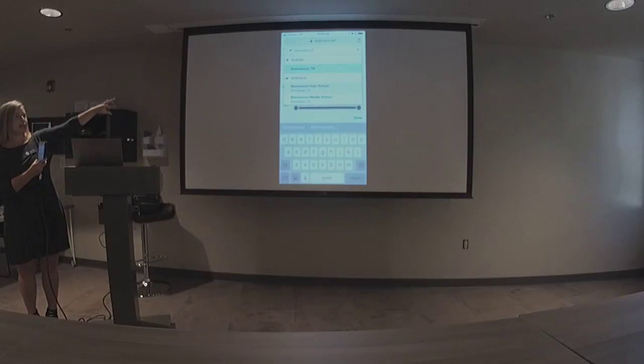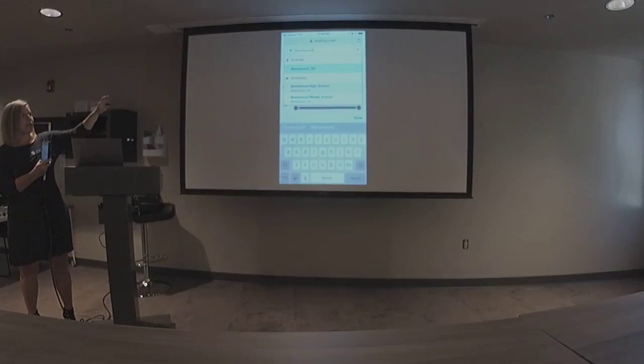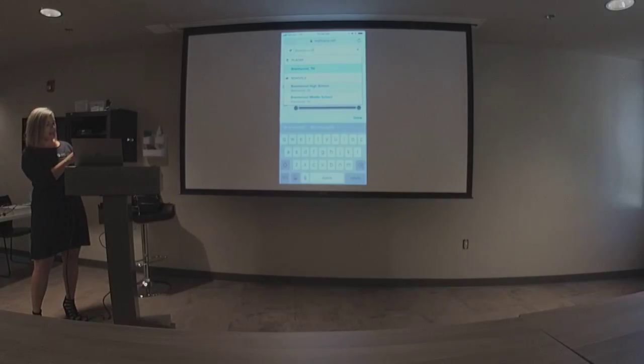So if you see something in the box down below, you have to click it. You can't just keep typing it out and expecting it to do the search. So as you type it in, when you see it below, click it out of the menu below. Okay? All right, now I'm going to get rid of that because my favorite part of this is for that